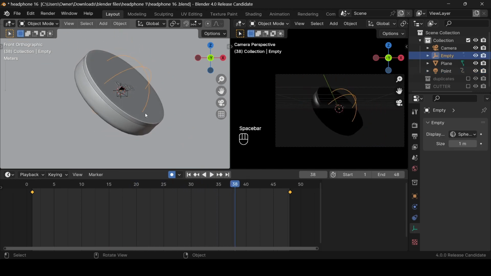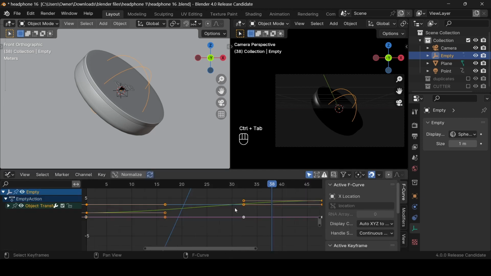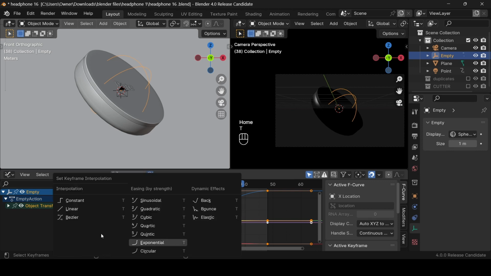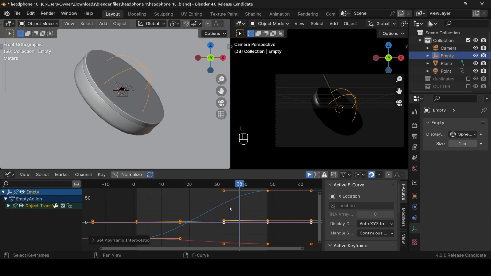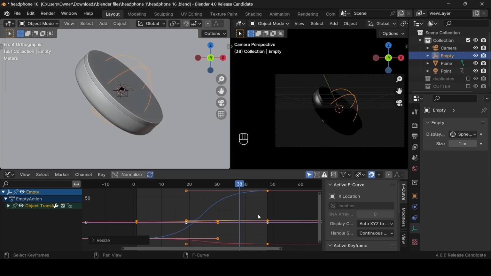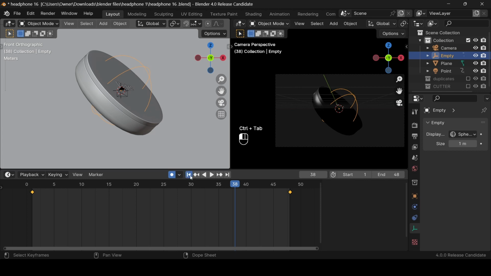Then let's play a little bit in our graph editor. If I press Ctrl Tab to go to our graph editor here and press Home, you can see that by default it's set to Bezier curve. What I want you to do is come to this pivot point here, change it from bounding box to individual centers, and then you can just scale it. I want to scale this out a little bit like this, so you have something of this shape. Then if you play this now,